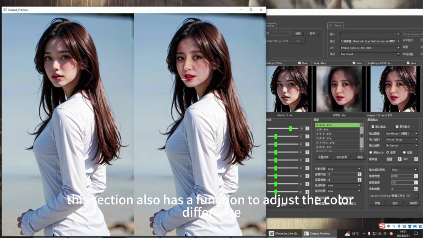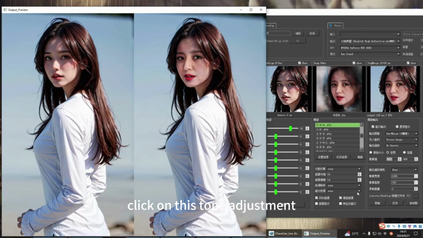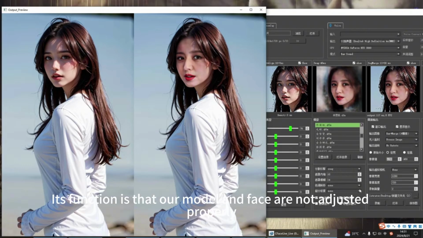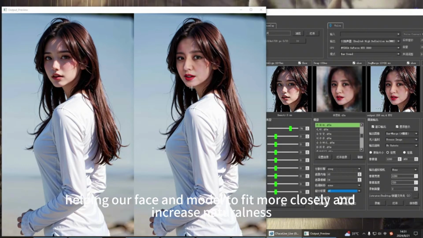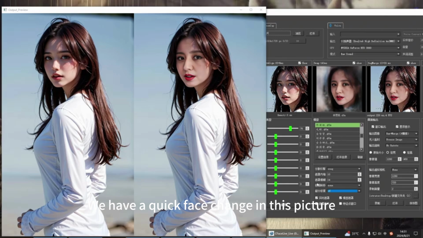This section also has a function to adjust the color difference. Click on this tone adjustment. We also have a feature in this section, the masking function. Its function is that when our model and face are not adjusted properly, it helps our face and model to fit more closely and increase naturalness. We have a quick face change in this picture, and we can change faces in seconds